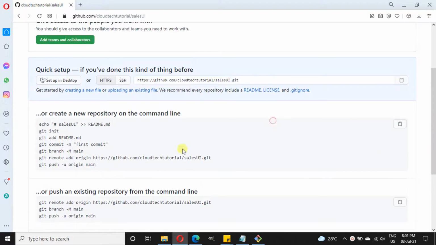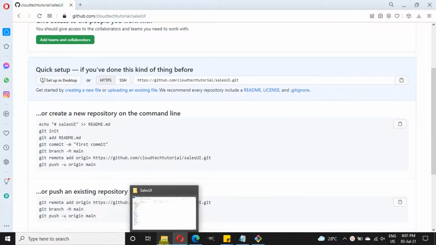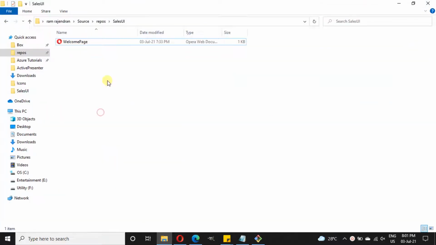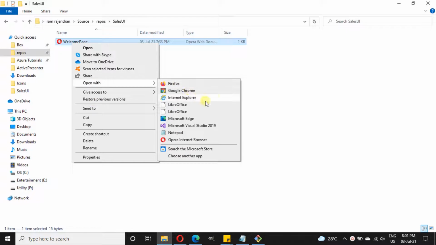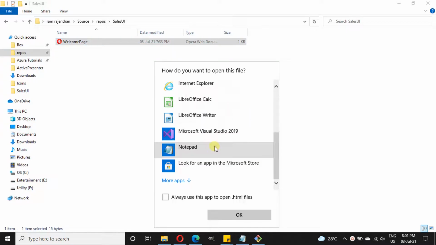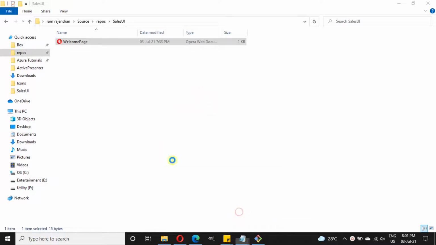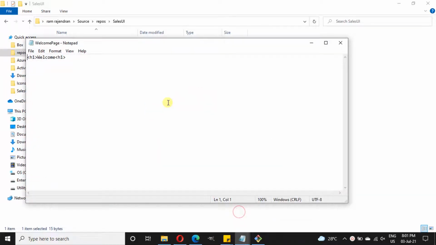Let's see the project file which I'm going to push to this GitHub repository. As of now, I have only one file under this folder which I'm going to push now. This is a simple HTML file. I'm not going to show it in Visual Studio or Eclipse because everyone uses a different IDE and it will be difficult to grasp what I'm doing. So I have simply gone with the HTML file.